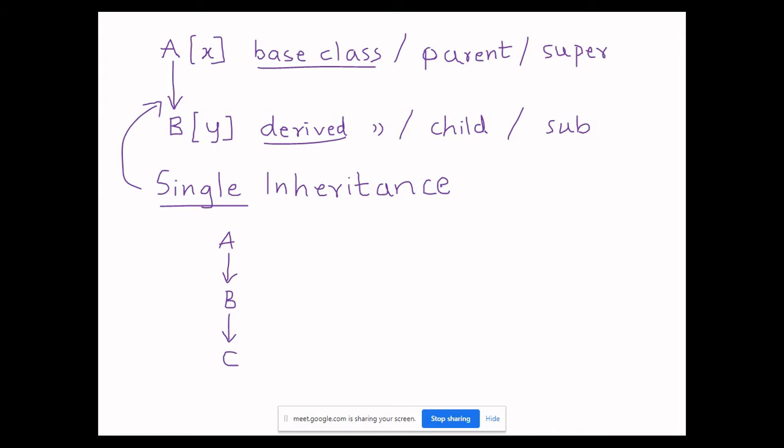There are more than one class before the class C. So in this case, A is the base class for B and B is the base class for C. So as you can see, there are different levels. It's not just one level, there is a 2-level inheritance. So wherever you inherit from a class which is also inheriting from some other class, then this inheritance type is called multi-level.